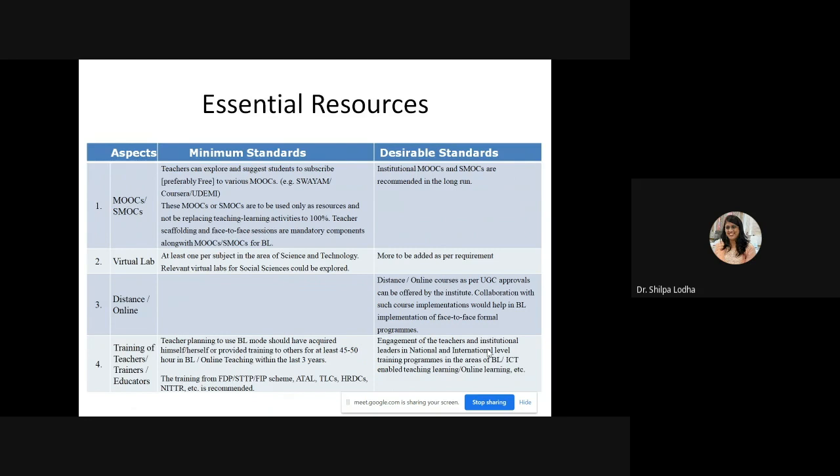So in this way you can start, and later on the desirable standard says that institutions can ask their teachers to develop their own MOOCs and SMOOCs in the long run.